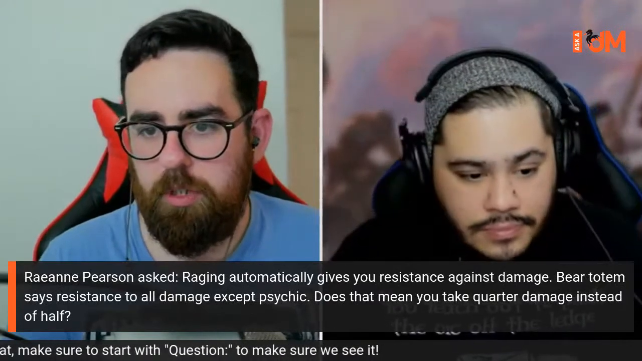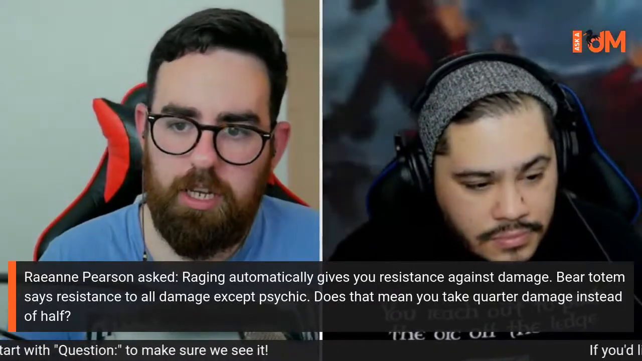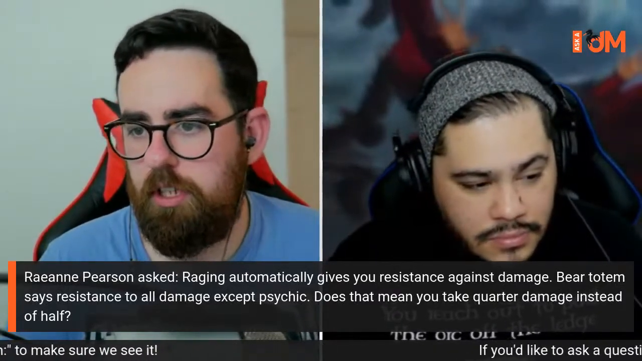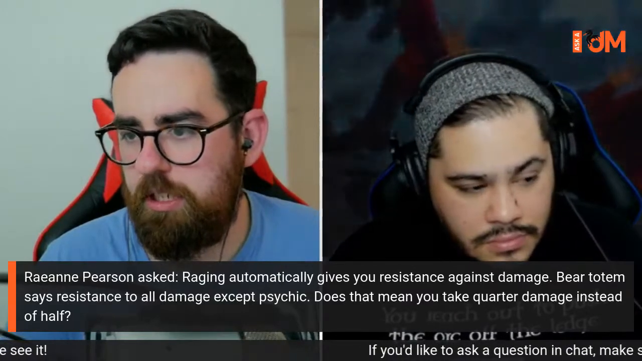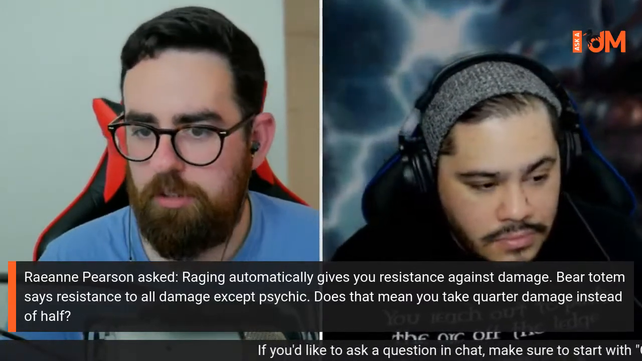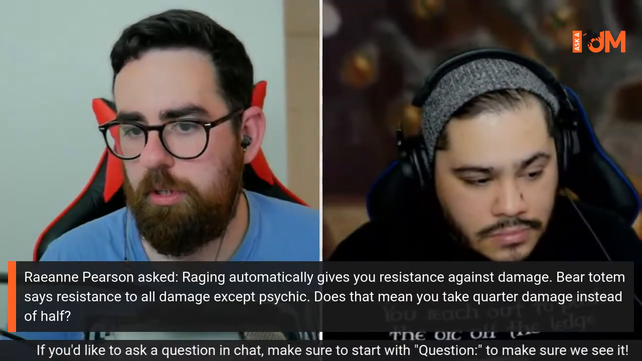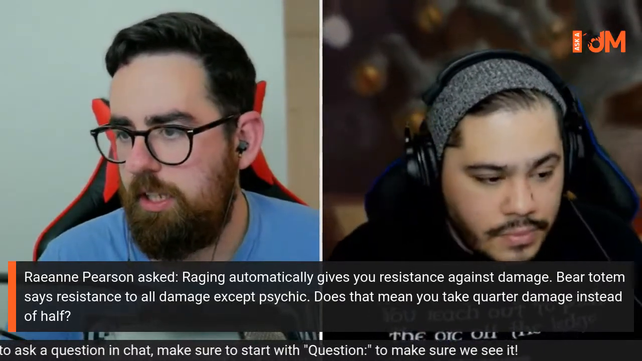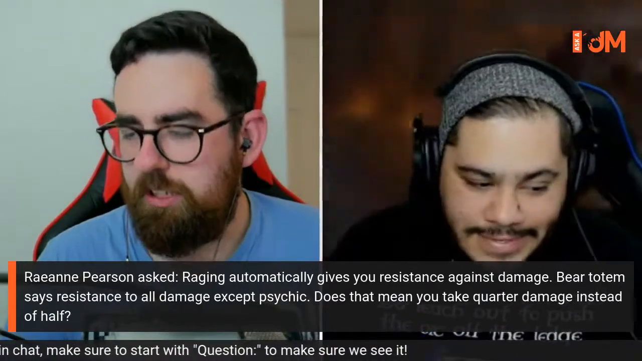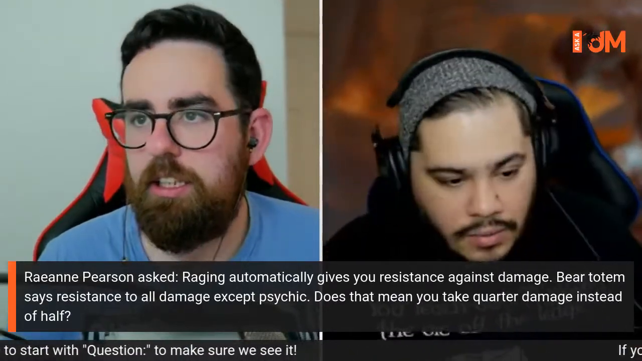Okay, so we got a rules question now. Rayanne Pearson has asked, raging automatically gives you resistance against damage. Bear Totem says resistance to all damage except psychic. Does that mean you take quarter damage instead of half? No. What the Bear Totem ability does is